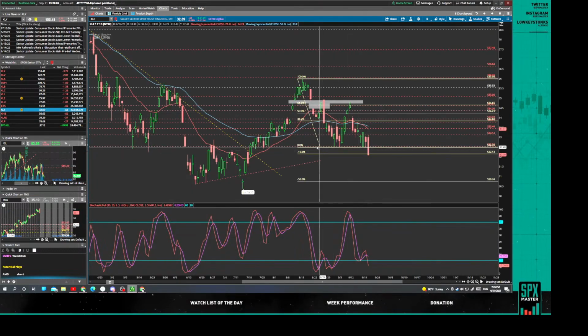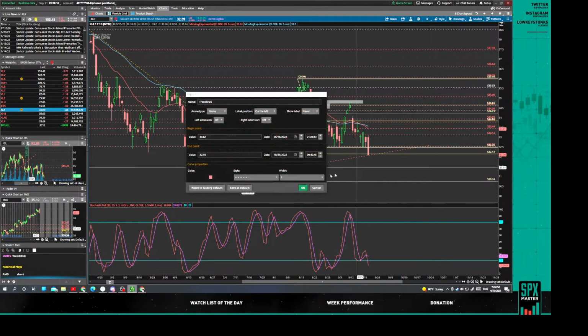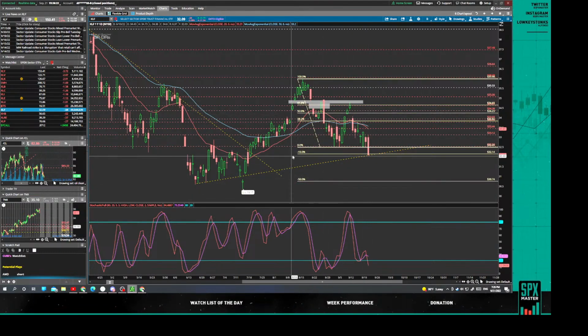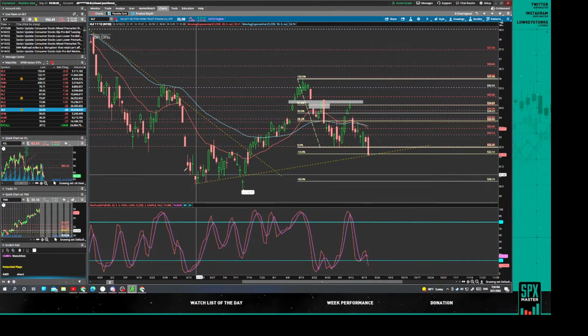Financials made the 10% extension. We have a little trend line right here. We're looking to either bounce or break off this moment because we're right on it. I will probably be hesitant to short financials because of this 10% extension on this trend line, but if it breaks, then it opens the door into these other levels, right? That we have right here.